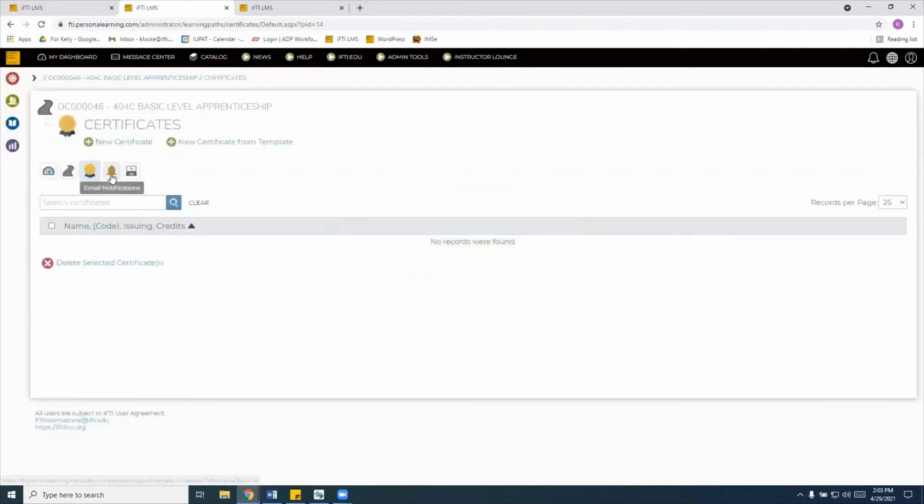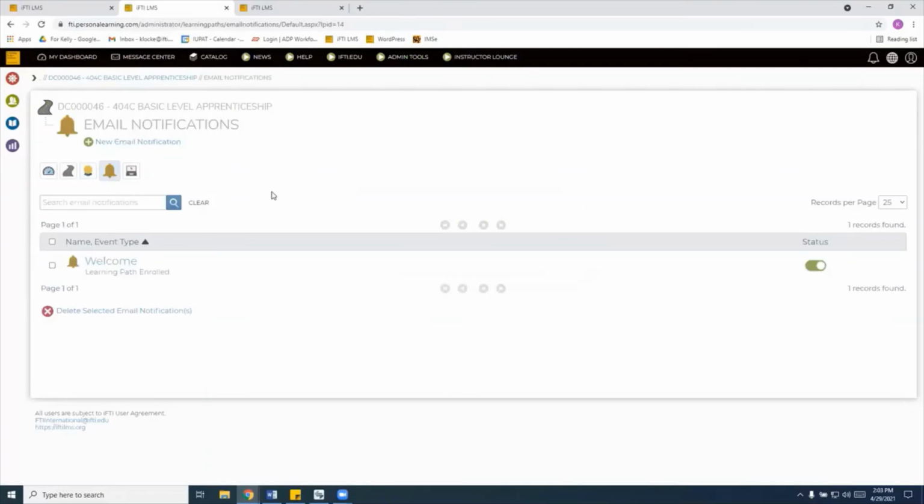All right, the next item is the email notifications. And this is a good tool if you have something that you would like to update your apprentices on. This is time sensitive, and this is based on the way the LearningPath is set up. So we have an example here. And this will be automatically sent according to the parameters that you set up. So we'll open this. This is a welcome